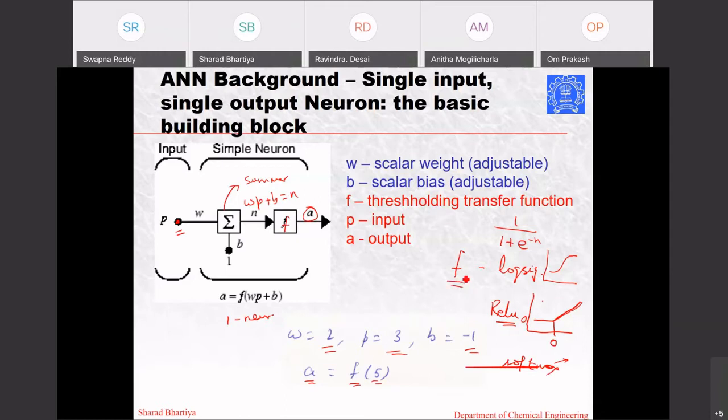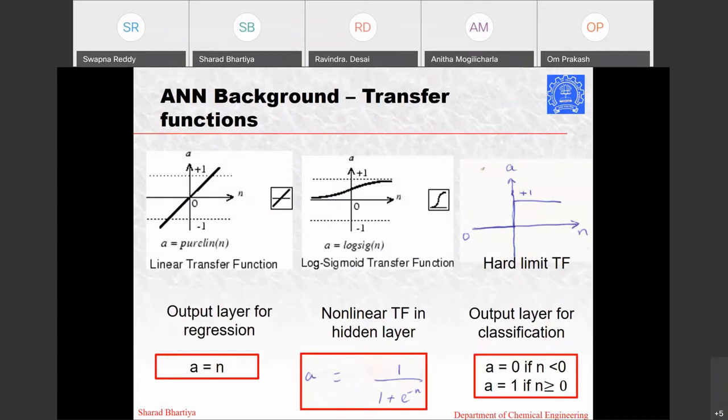In biological systems, F is often binary. It is yes or no, and that is also used sometimes in classification. It is either 0 or 1. The neuron fires or it does not. So I have given you some inputs about the different thresholding functions F of each neuron. Let me now move forward